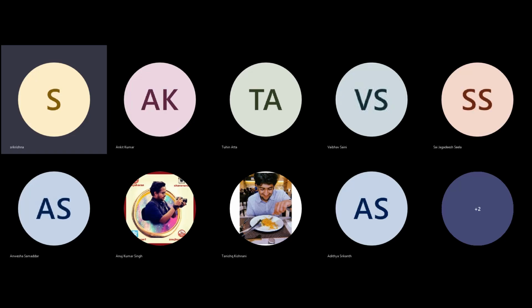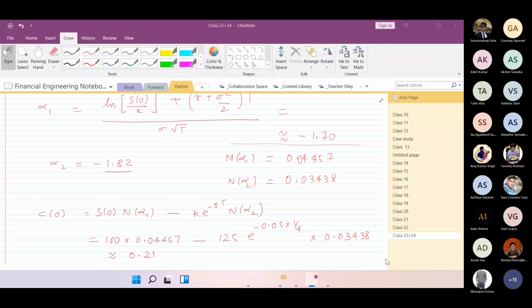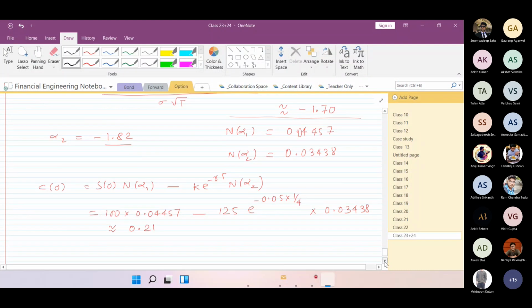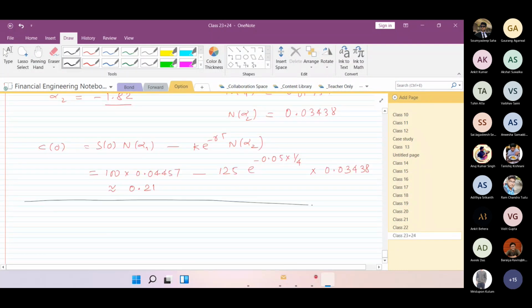Value of the call option premium? Please raise your hand if you have got this. Great. So the next thing is to get the value of the put option price for the European option. We can do one thing. We can go in a similar fashion and do all the integration that we have done, or we can use the put call parity equation.